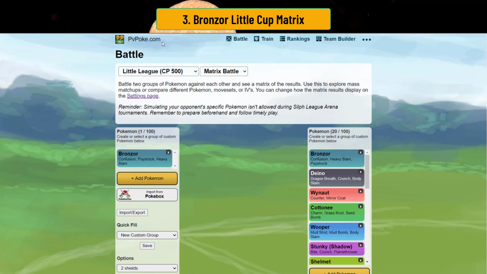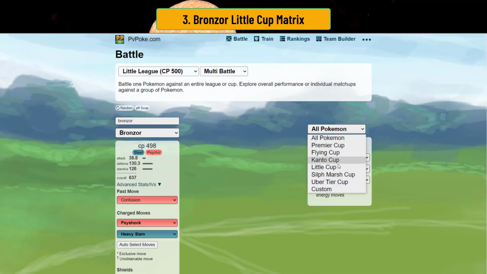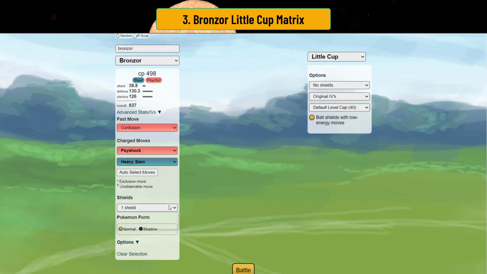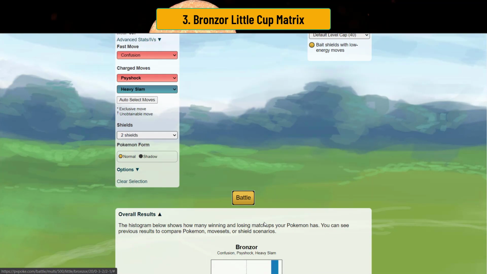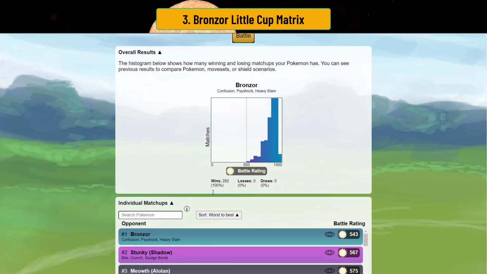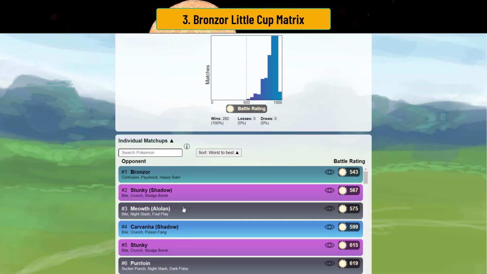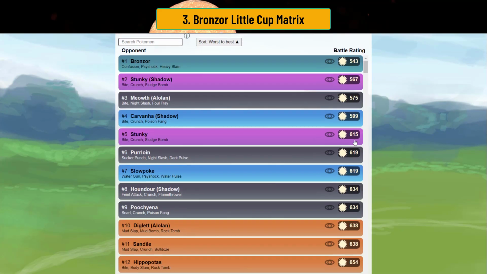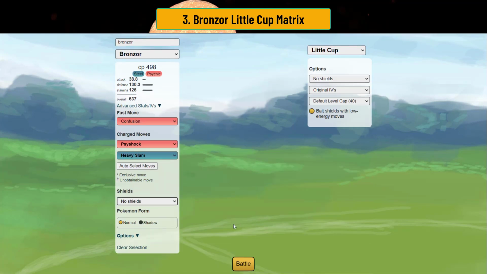If you actually do the multi-battle for it, we go to the Little Cup, and now what if you go against it with up shields? Watch what happens. Look at what Bronzor actually beats, which in the 0 shield, it wins everything. There is nothing in the Little Cup that beats Bronzor with 2 shields. So a lot of people are like, oh, Cottonee with 2 shields wins. Cottonee will lose to Bronzor with 2 shields. And even in the 0s,